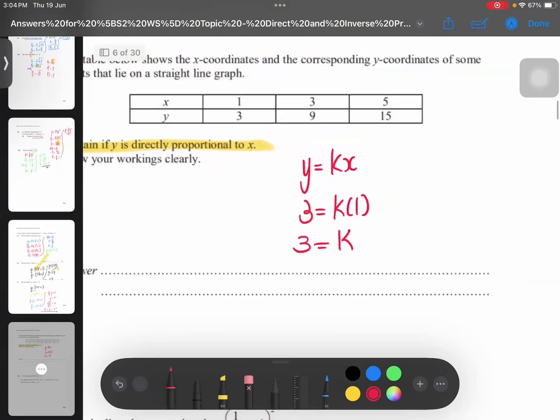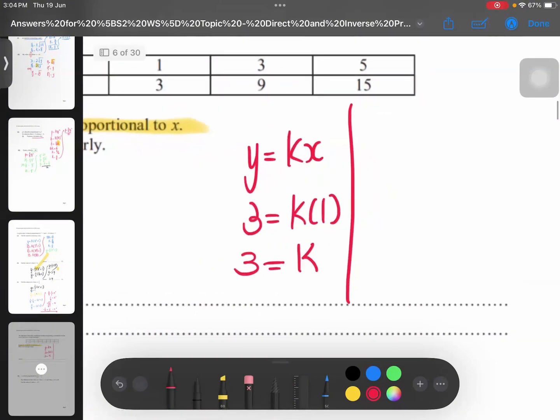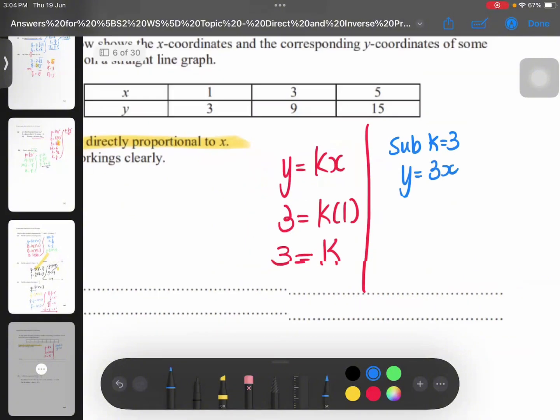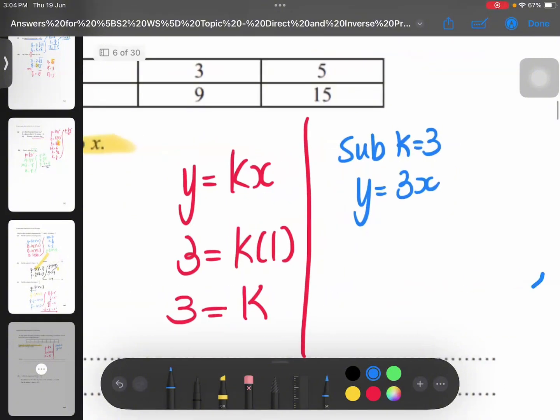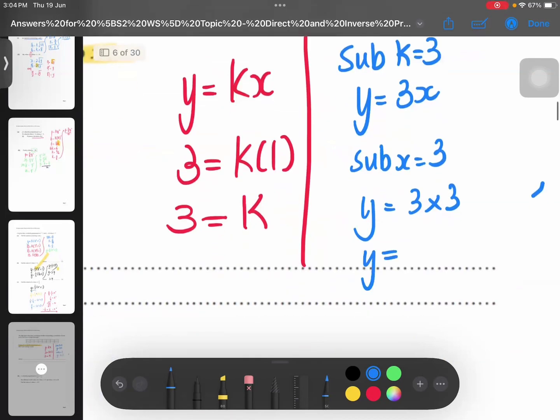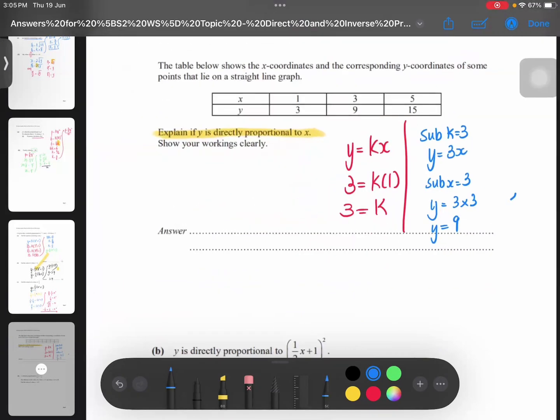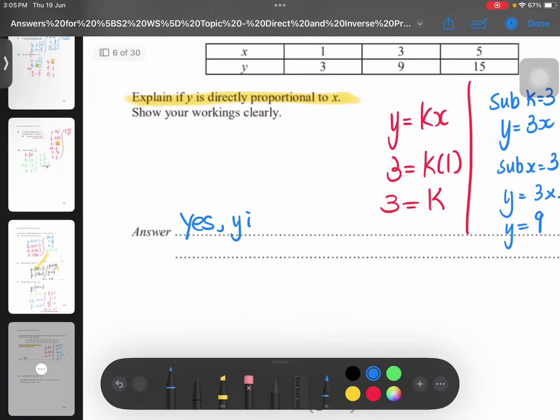Can you understand? Now, how do you go and prove it? Very simple. Now you know you're going to sub k equals 3. Agree or disagree? y equals 3x. Agree so far? Then what are you going to sub? I would prefer to sub x equals 3. So y equals 3 times 3. So therefore, y equals 9. Agree or disagree? The question says, explain if y is directly proportional to x. Yes, y is directly proportional to x,